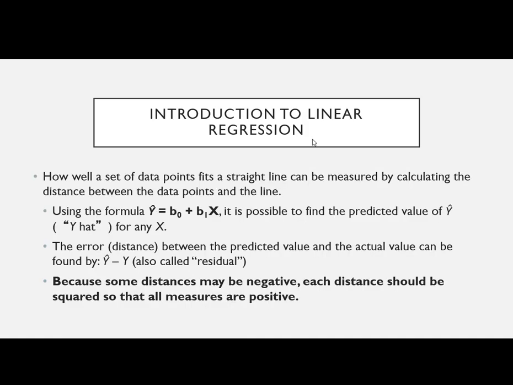So how well a set of data points fits a straight line can be measured by calculating the distance between the data points and the line. Using this equation, it's possible to find the predicted value of y hat for any x. The error, the distance between the predicted value and the actual value, can be found by y hat minus y, also called the residual. Because some distances may be negative, each distance should be squared so that all measures are positive. Okay, we don't need to really worry so much about this, we just need to know how to evaluate